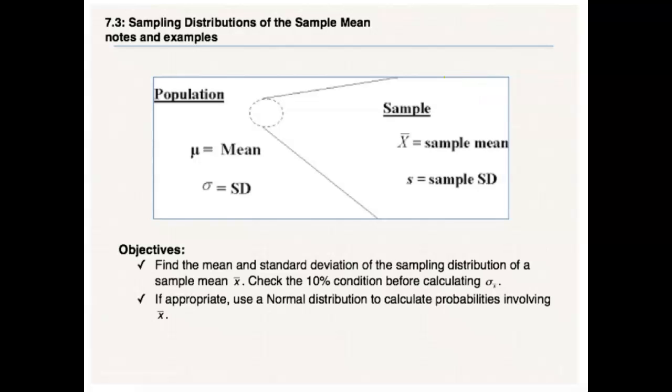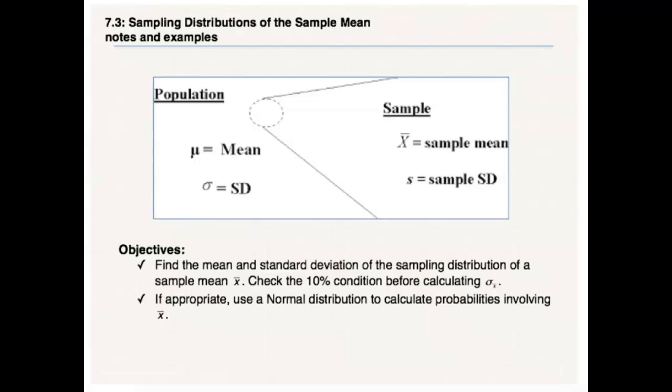All right, so sampling distributions of the sample mean. So big picture, what to keep in mind. A statistic is just any calculation we make from a sample. In this class, we're going to focus on two main statistics that come up often, right? So sample proportions, which we just kind of dealt with, and the other one is sample means, which we're going